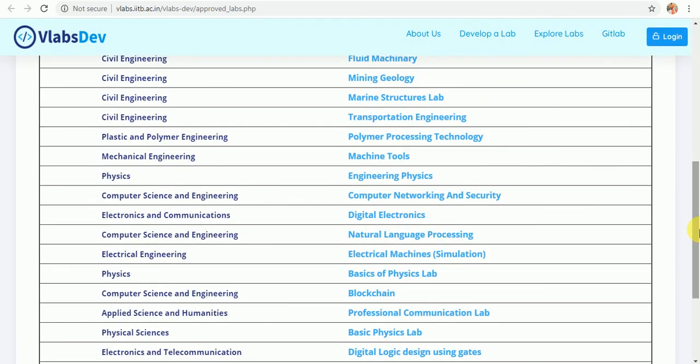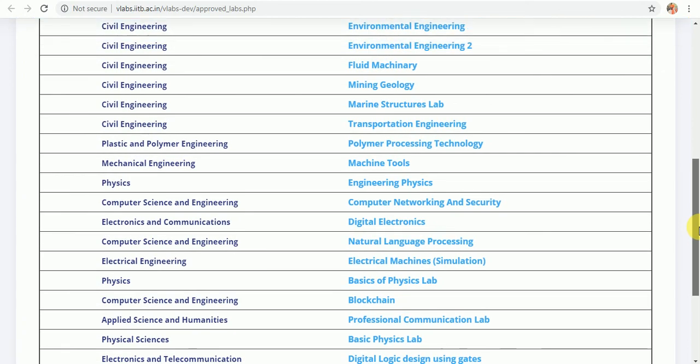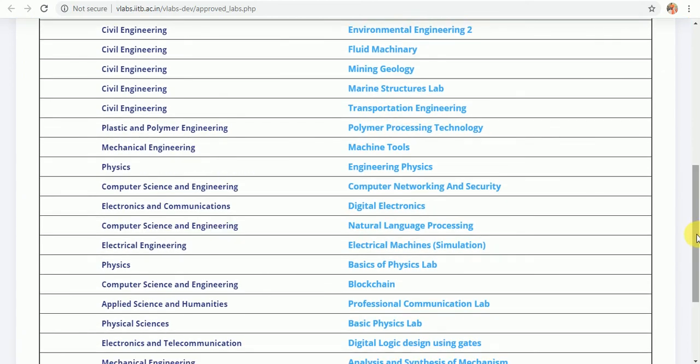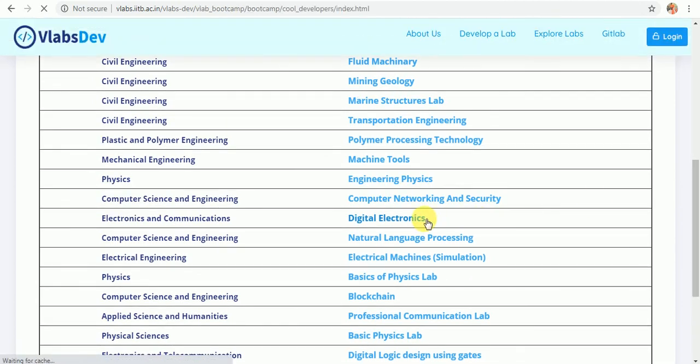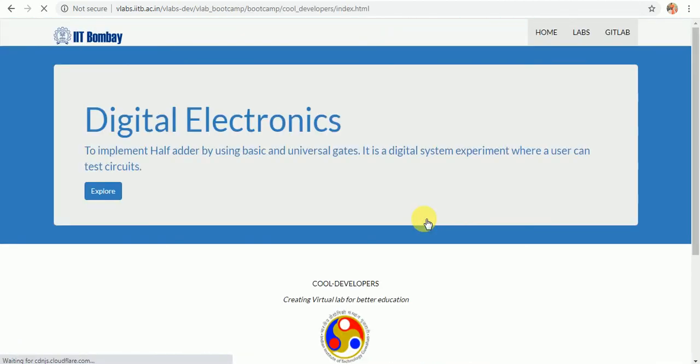Now here I'll show you the demonstration of half adder. So I know the half adder assignment is available in digital electronics lab. So I'll click here, click on explore.